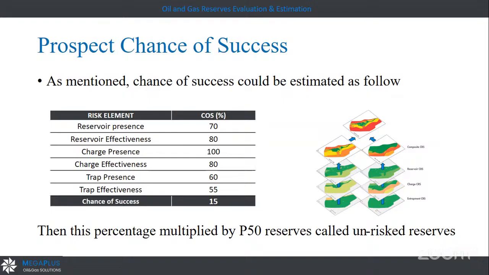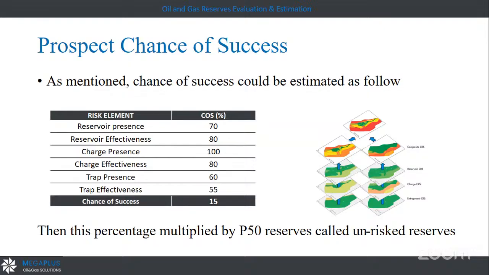And it maybe extends, so maybe I can put 70%. And shale, of course, it will seal. So the effectiveness of the shale to seal is maybe 100% or 80%, depending on how pessimistic or optimistic you are. So I can get a percentage for each parameter and multiply all, so I can get the chance of success. As an example, 15%. So if I multiply all of this, I will have 15%.